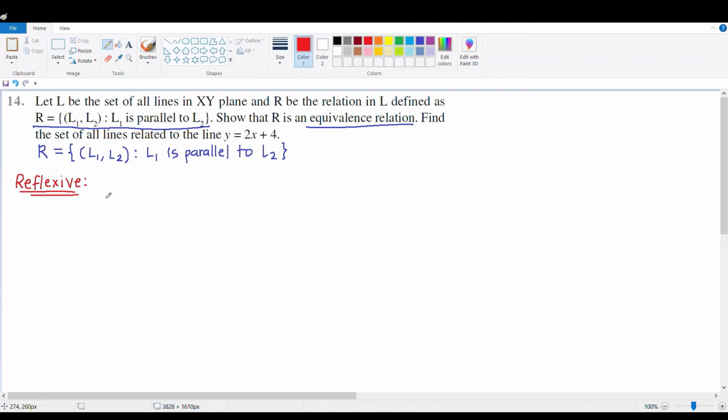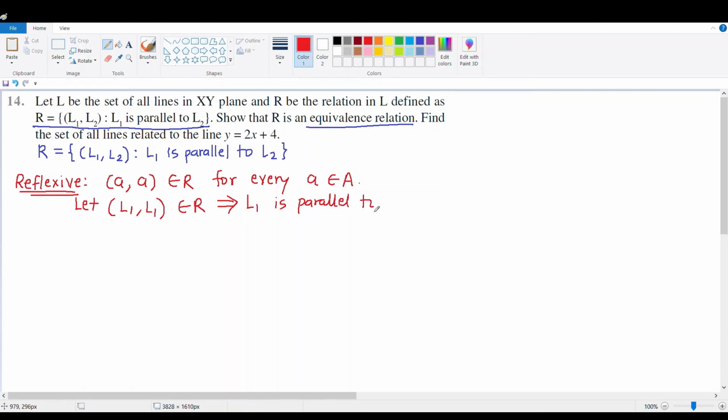Now to show that it is reflexive, the definition. The definition is what? That (A, A) belongs to R for every A belongs to A. So in this case we are going to say that let (L1, L1) belongs to R, and that means what? That L1 is parallel to L1. Yeah, of course. If we are talking about the same line, then of course that line is parallel to itself. So yes, it is true,